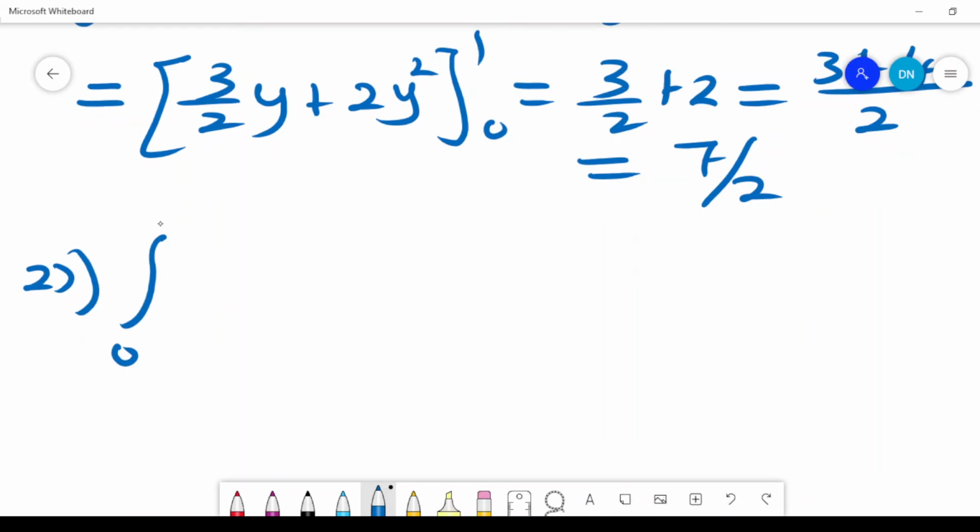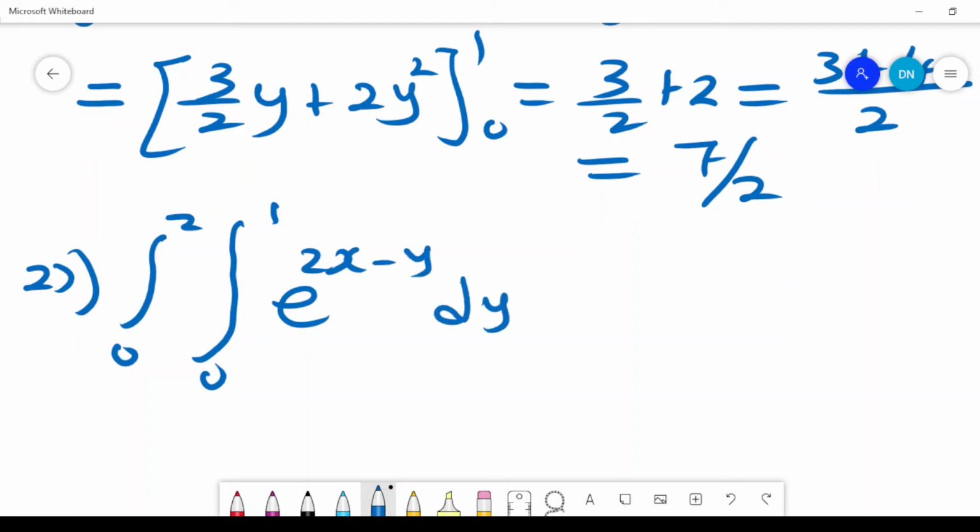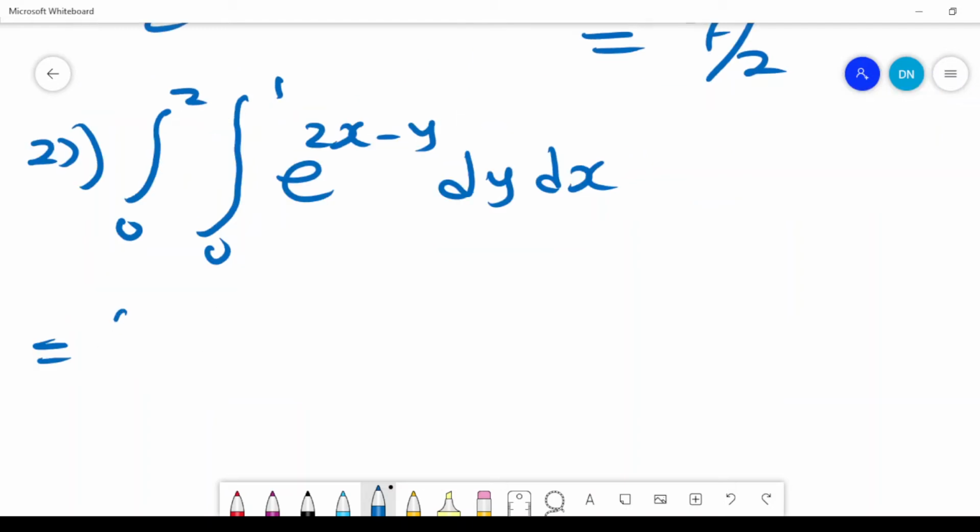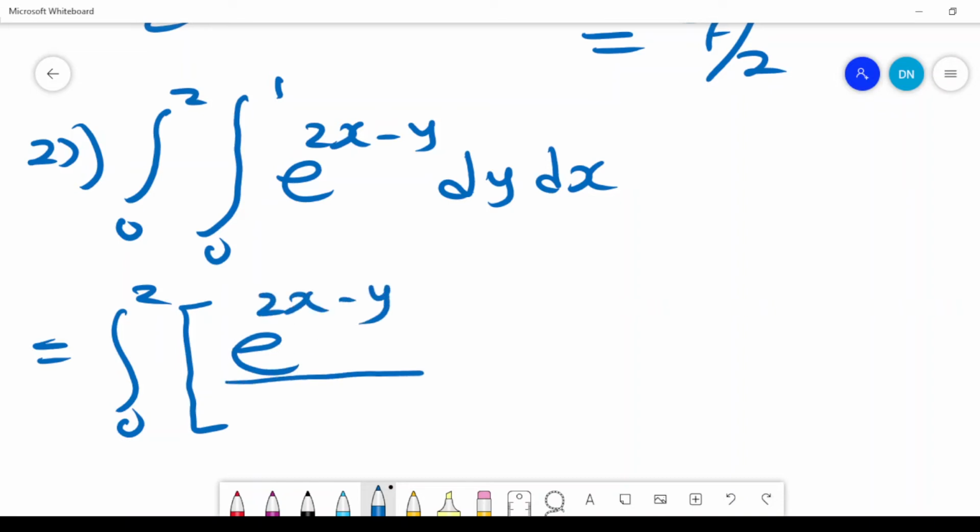Integral of 0 to 2, 0 to 1, e to the power 2x minus y dy dx. Note that the outer integral takes us to 0 to 2. We want to evaluate this with respect to y, so we differentiate the power and then we divide by it. So it is e raised to power 2x minus y, then minus 1,